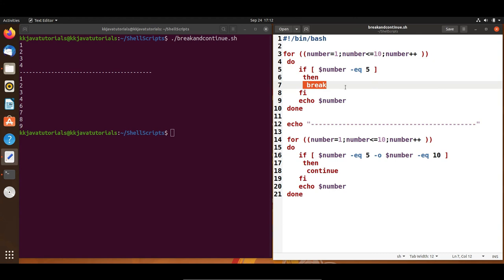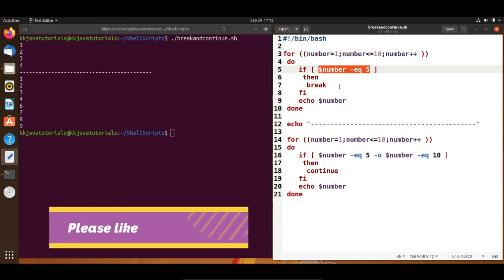Let's say you have hundreds of inputs, and among them you are interested in a single one. Using break, once you get that single item using a certain condition, you skip the rest of the input. So in that case you can use break.